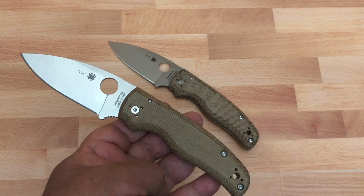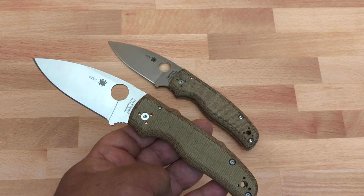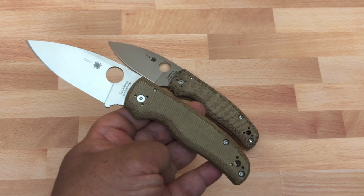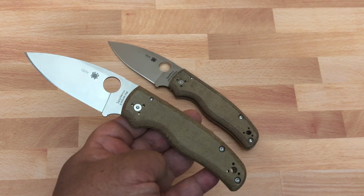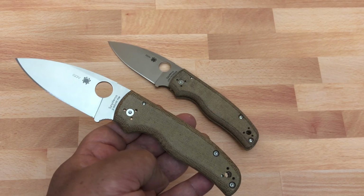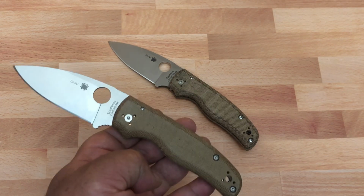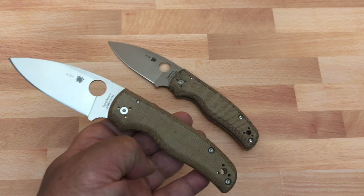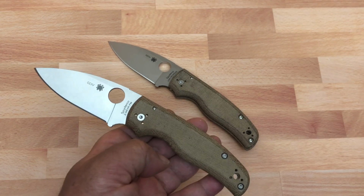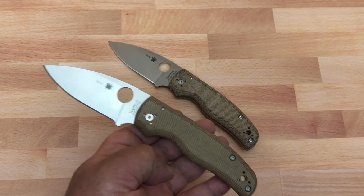Now the thing with the sprint run, the rules of a sprint run from Spyderco, they're usually around 1,200 to 2,000 pieces. We never know exactly how many. But the rule is it has to be different than anything else released by Spyderco. That's what makes it special. That's what makes it a sprint run. So since they had already done the crew wear version, they had to get another steel. And Spyderco chose